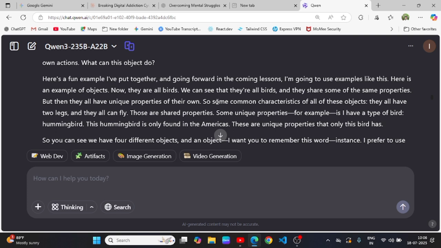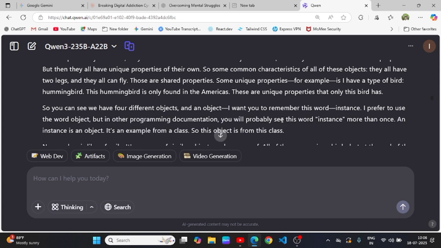Some common characteristics of all of these objects: they all have 2 legs and they can fly. Those are shared properties. Some unique properties, for example, I have a type of bird, a hummingbird. This hummingbird is only found in the Americas. These are unique properties that only this bird has.